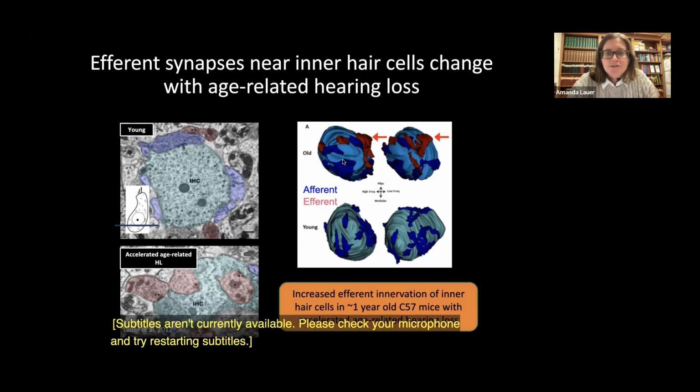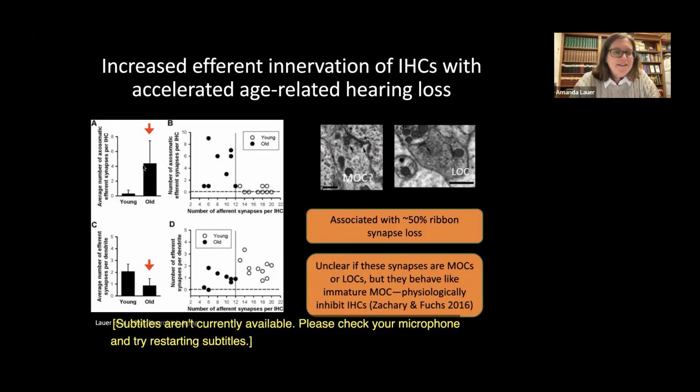And this is over here just showing the 3D reconstructions of those, showing no efferent synapses directly with inner hair cells in the young, and huge ones here in the red in the old animals. And here's just the quantification of that. These are the direct synapses with the inner hair cells going way up in the old animals. Seems to be related to loss of afferent synapses. So when about half the synapses are lost is when we see this re-innervation of the inner hair cell with these efferents. And it's really recapitulating a situation that occurs during development, which seems to be a bit of a surprise to us, but it is what it is.